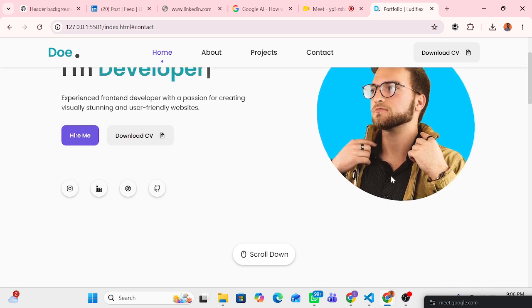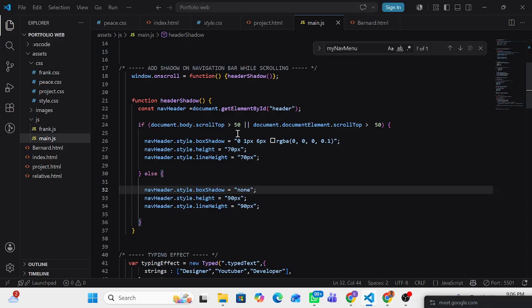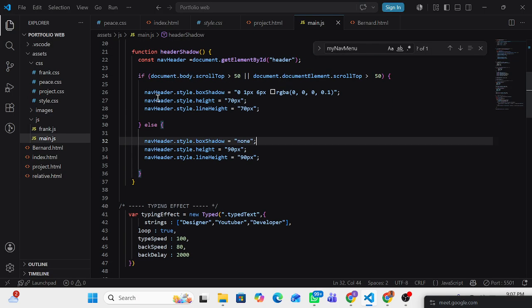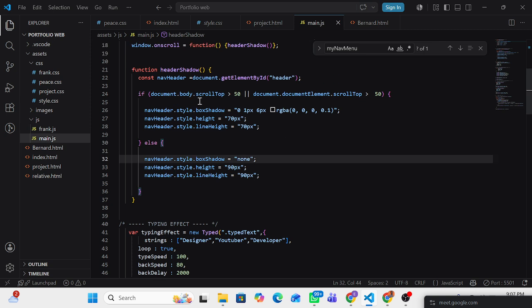Okay, so that's it. If it's something like less than 50, it won't change color. It should not change color, just be there, which is this other part here. So if you scroll up and you have passed that 50 position, you now add style